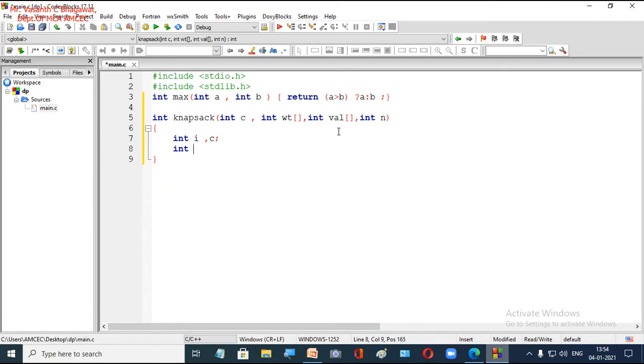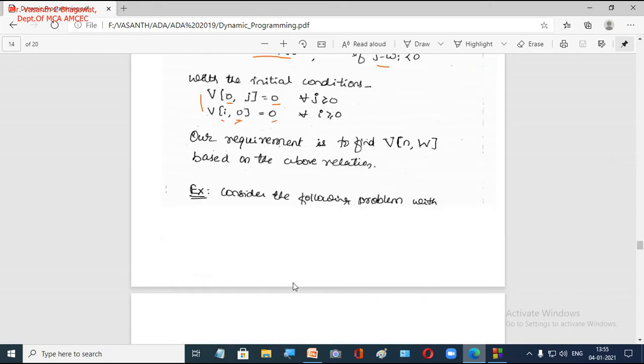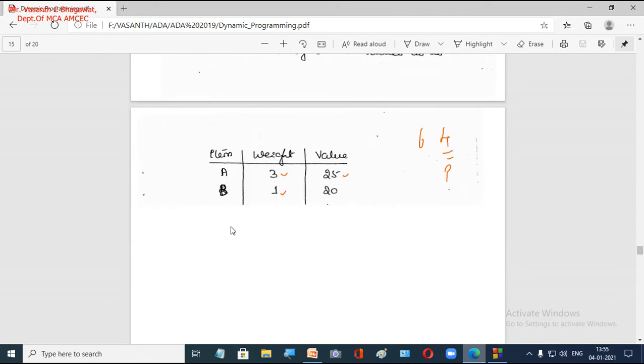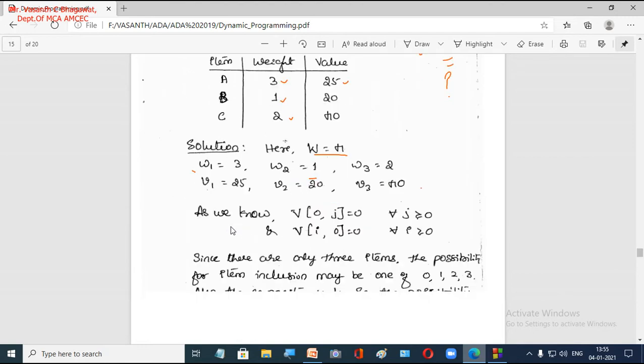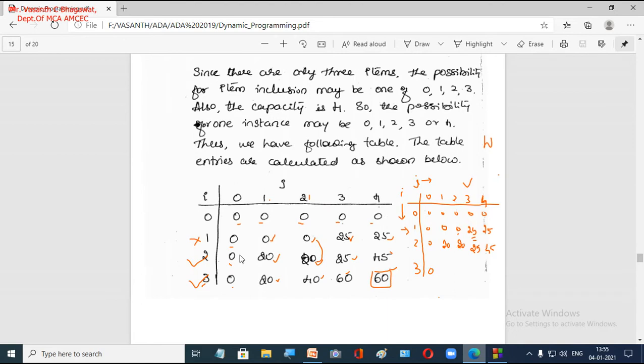So now we are going to store the resultant in a matrix because it is dynamic programming. So we are going to define a matrix K whose size will be n plus 1. If you look at how we have solved it in theory, consider a problem where the capacity of the knapsack is 4 kg and there are 3 items. Initially you are going to build a matrix like this.